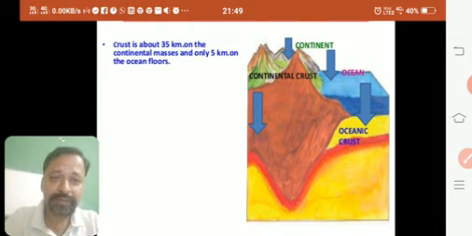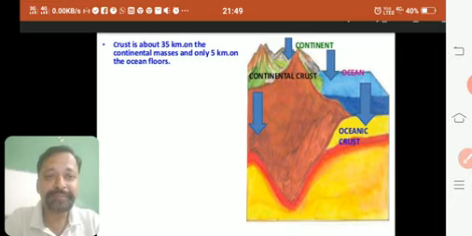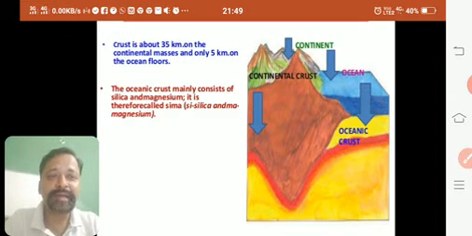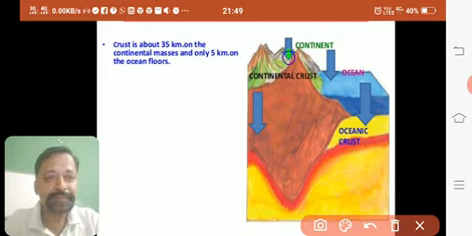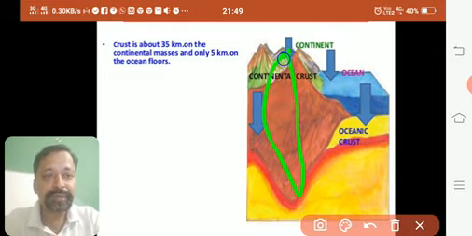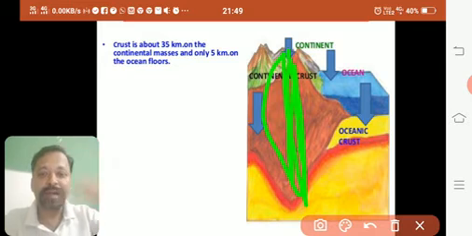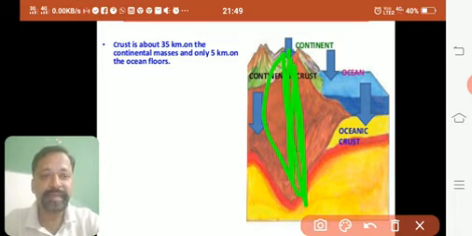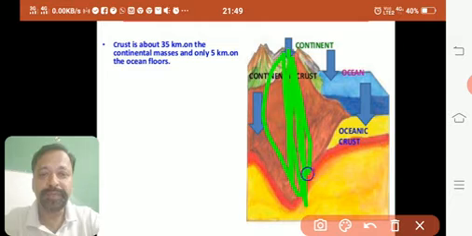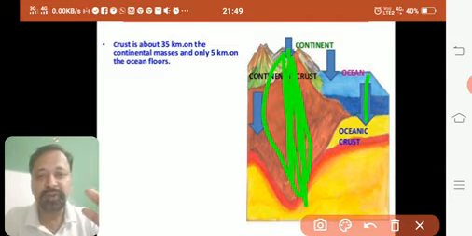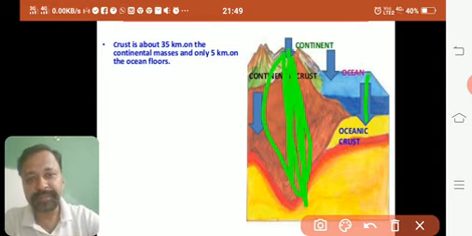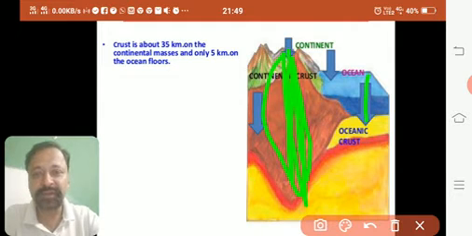Right? Understood? Why? Can anyone say why continental is more than oceanic? Because you see, this is the total mountain, so it is very much thicker, because above land it also takes much place, the altitude. So it is almost 35 kilometers on an average we are talking about. In oceans it is only 5 kilometers. They are not so deep. 5 kilometers is very much deep, but as compared to mountains, it is not such a deep thing.